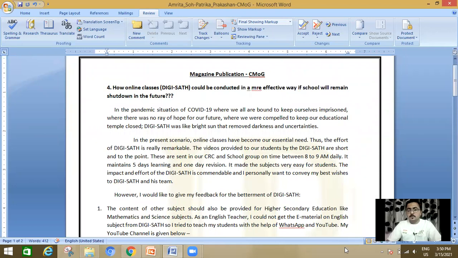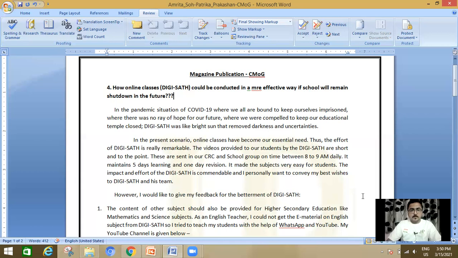Now, here you can see that there are two things: a green line and a red line. The red line shows that a spelling mistake is there, and green gives an indication that there can be a grammatical mistake.